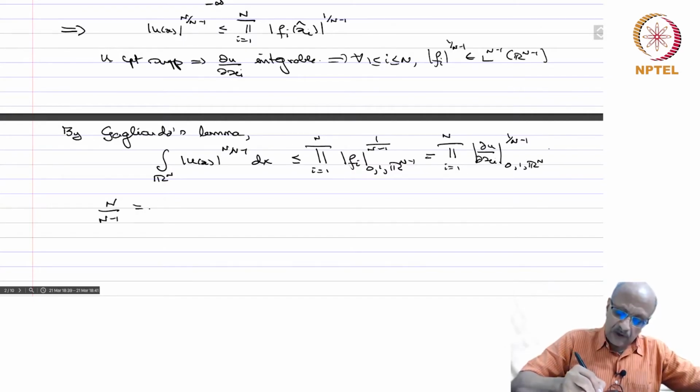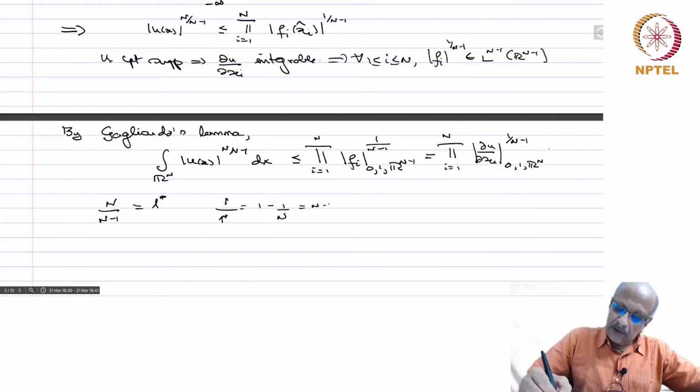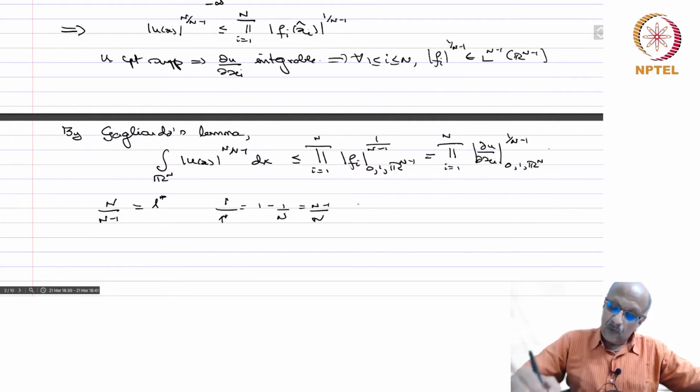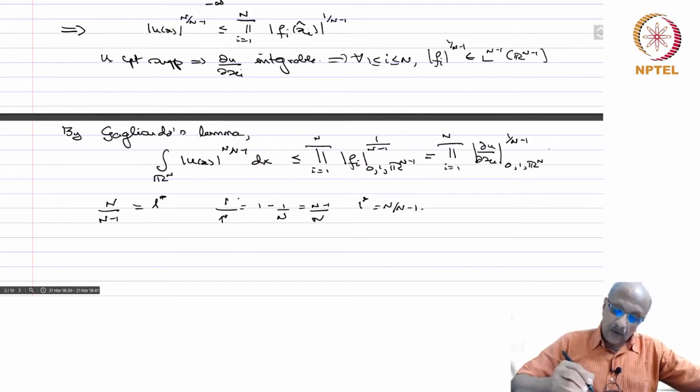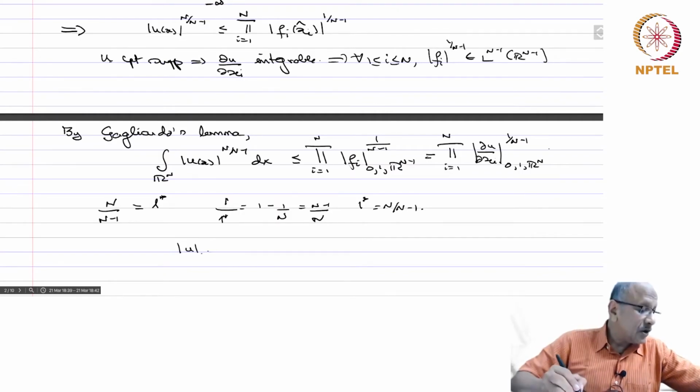Now if you look at n by n minus 1, this is nothing but 1 star, because what is 1 star? 1 by 1 star equals 1 by p minus 1 by n. So this is equal to n minus 1 by n, and therefore 1 star equals n by n minus 1. Okay, so whatever you have here is nothing but the norm of u in L 1 star of Rn,